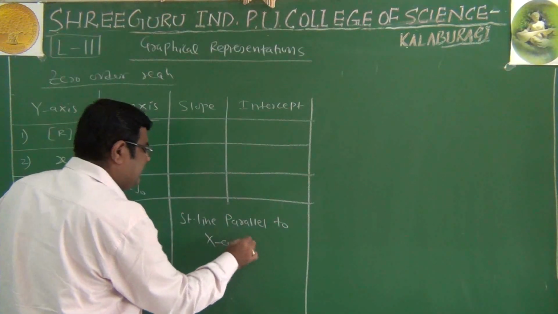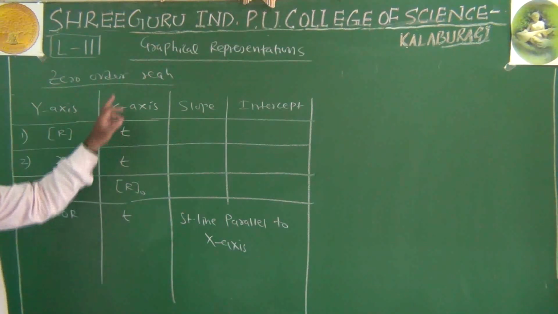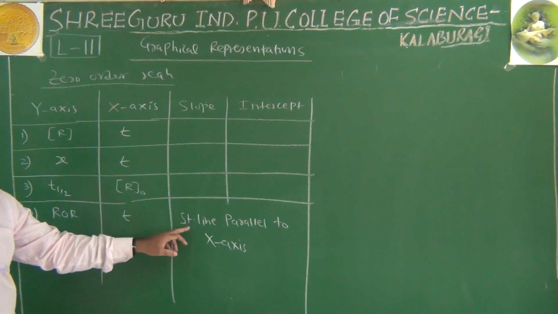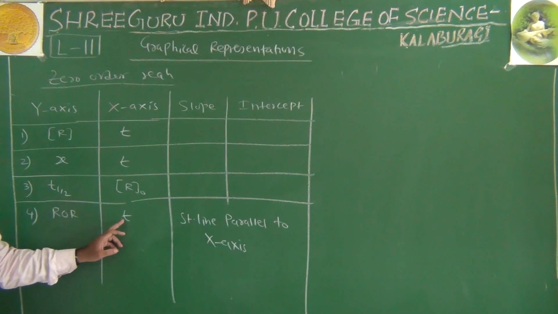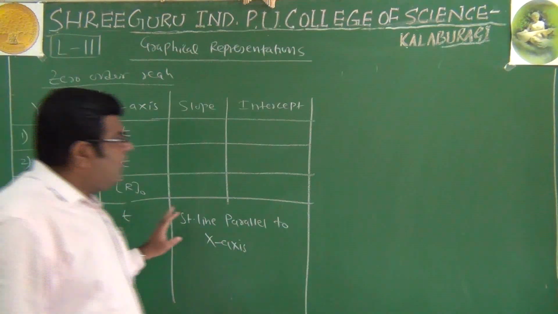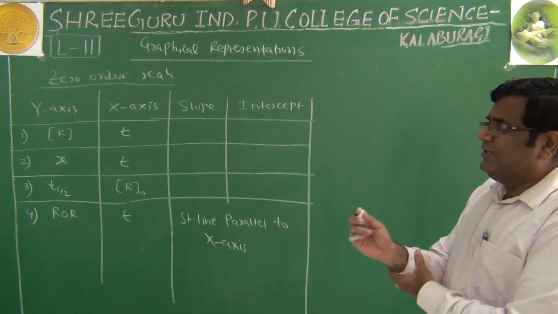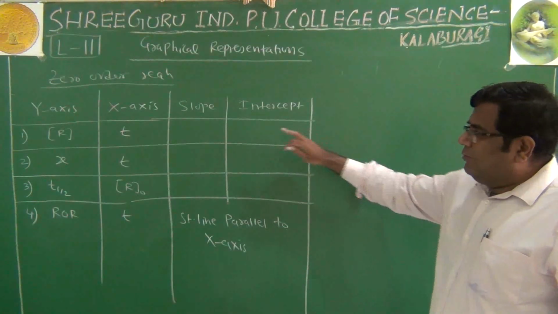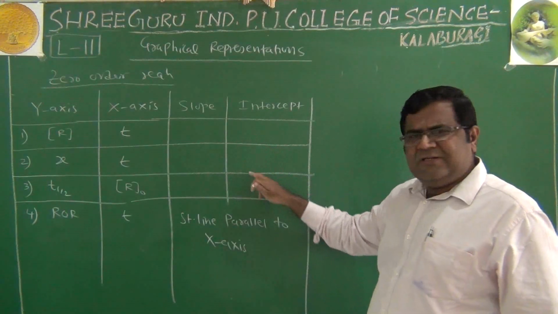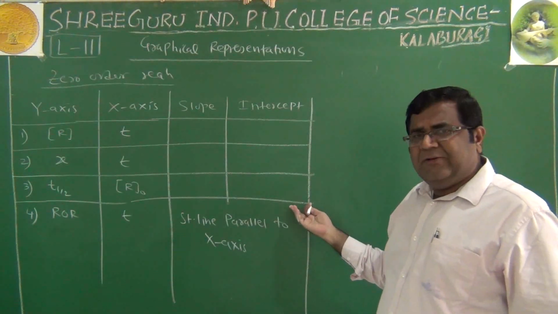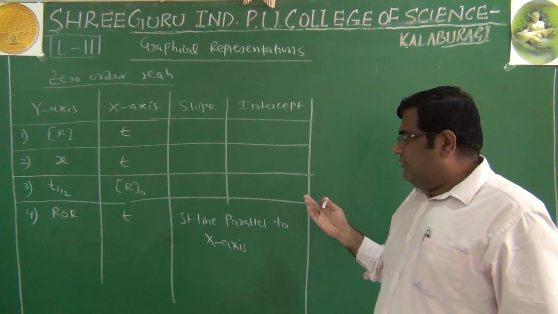This is the description. So in which 2 parameters is the graph plotted for zero order reaction, and we get a straight line parallel to the x-axis? It is between rate of reaction and the time period. So these are the 4 types of graphs we can see in zero order reaction. You have to complete this for these 3 entries, for the slope and this for intercept. It is an easier one, because we have already gone through this graph and I explained how the graph looks.